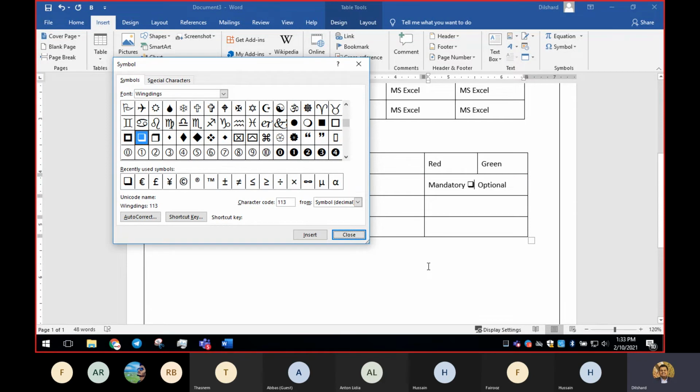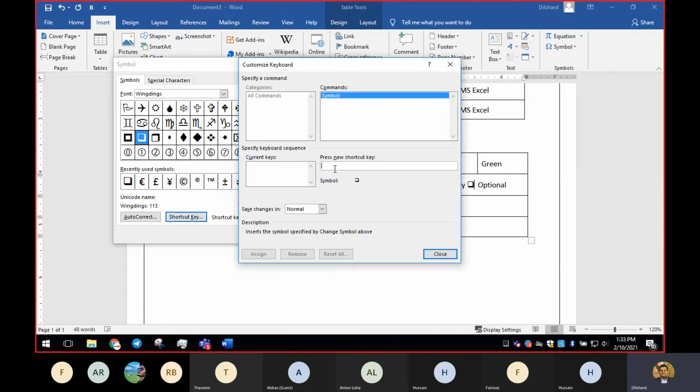If you need that to be inserted wherever you need, no need to come and find it here every time. You can create a shortcut key for your own usage. That will work only in this document. How can we create that? Click on shortcut key and assign whatever shortcut key you like. Make sure not to use shortcut keys already allocated for some other purpose. For example, Control C is already occupied for copy, right?